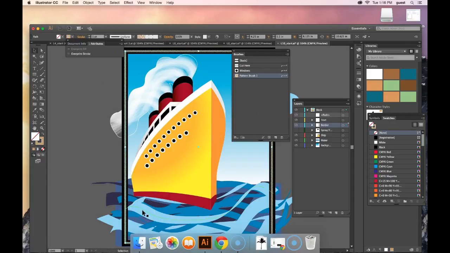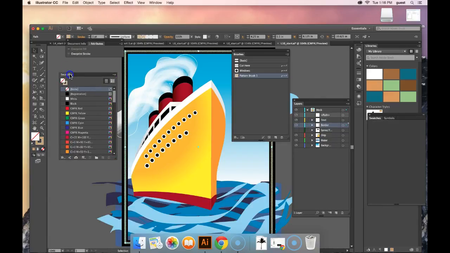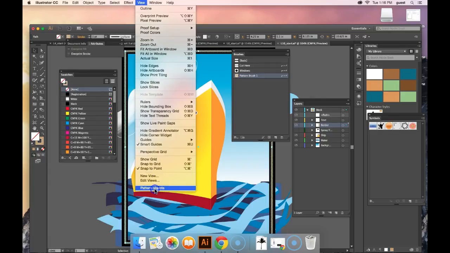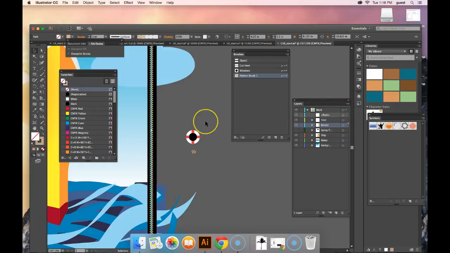And so the next thing we're going to do is we're going to actually edit this brush. And so what we're going to do is we're going to take the swatch panel, and we're going to again go View, choose Pattern Objects so we can see the next object. And we're going to select this,